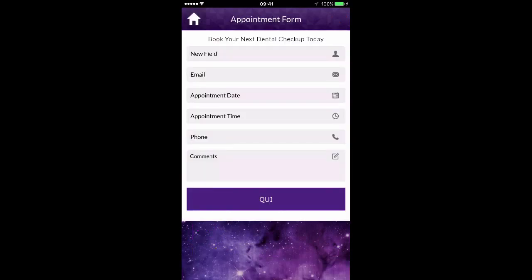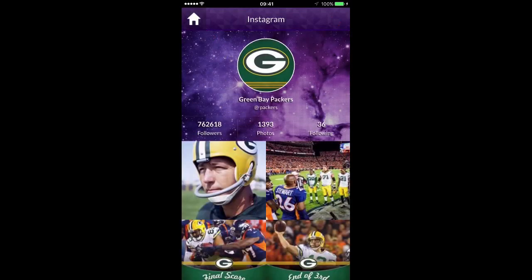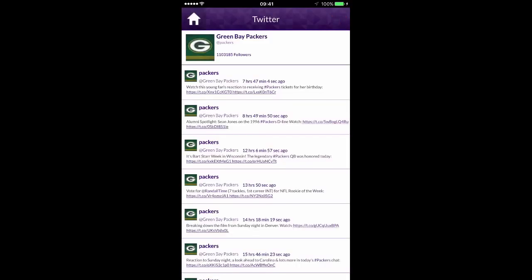Appointment forms allow users to book appointments, and it'll go through to the email specified. We have Instagram, Twitter integration, Flickr